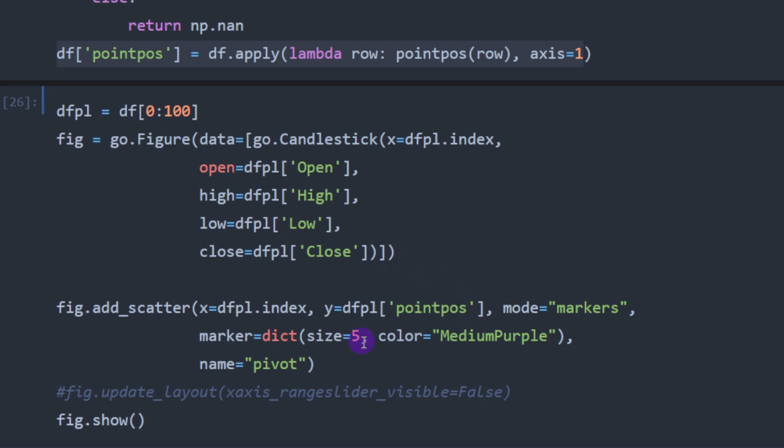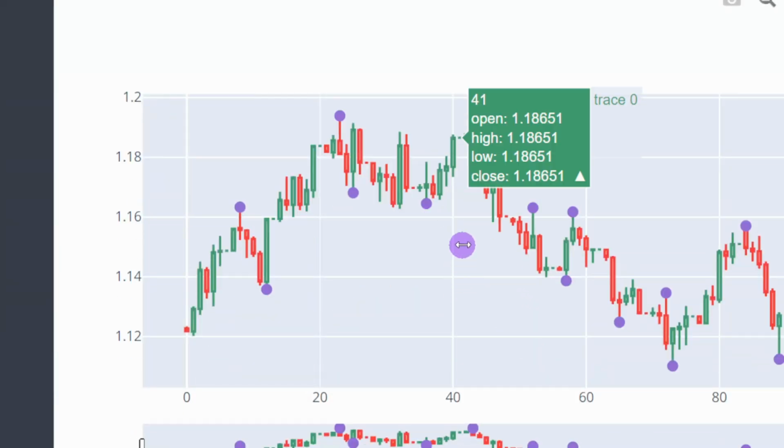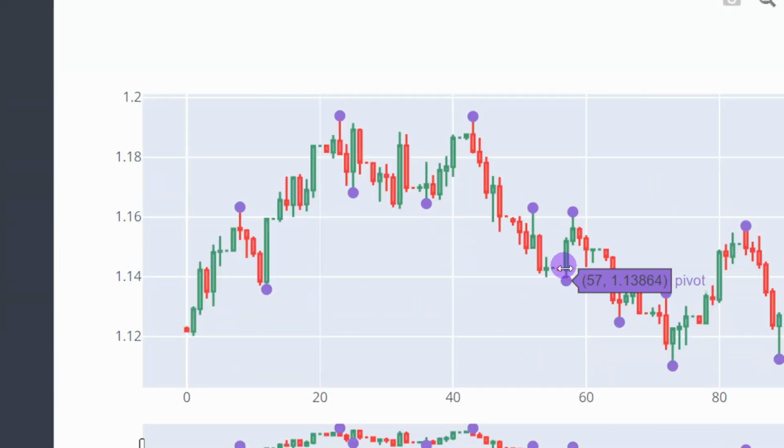For a better visualization, we can increase the size. Let's say instead of 5, I'm putting 10, and now we can see these clearer. So these are the points we are seeing here. And we can see that the function is working properly. We are detecting the pivot points correctly, and we are placing these purple points on our candlestick chart to see